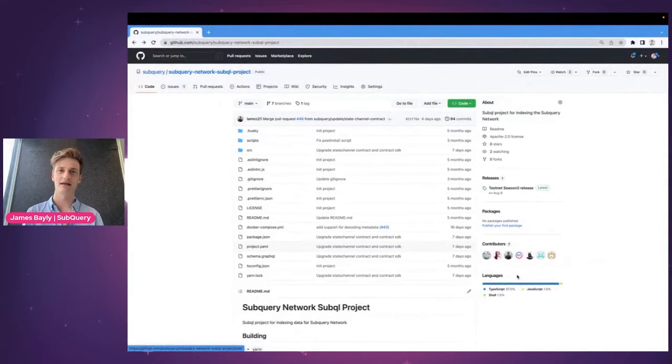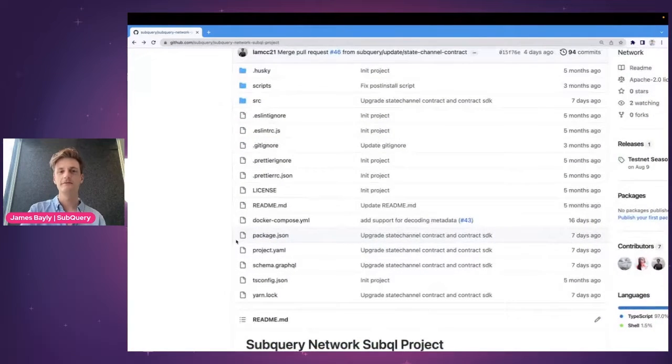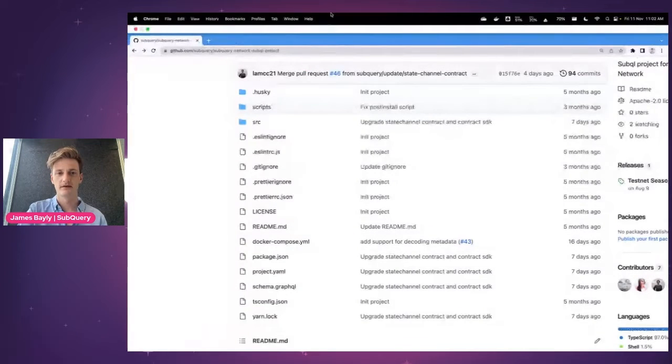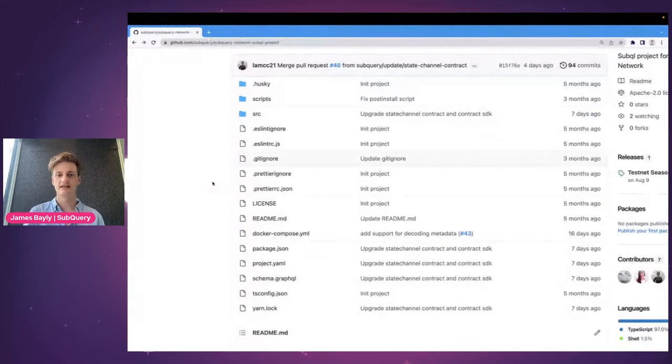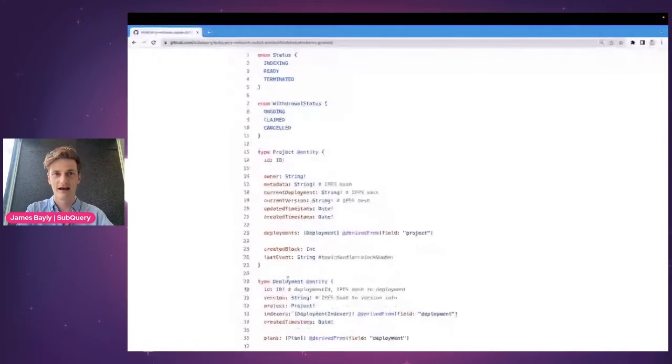This is it here. There are 3 main files that we edit. This is a very complex project, so don't be put off by the amount of code in it, because there are a lot of UIs. The first file is the shape of your data. It's a GraphQL definition. We call it a schema GraphQL. And that project